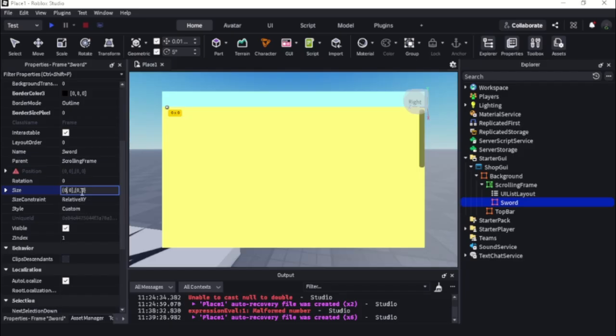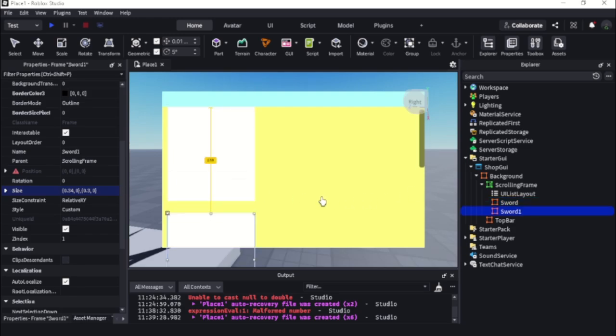So xScale right here, we'll make this 0.34. And we'll make the yScale maybe 0.3. You know, looks a little large, but we're gonna have multiple lists, and then when we duplicate it,